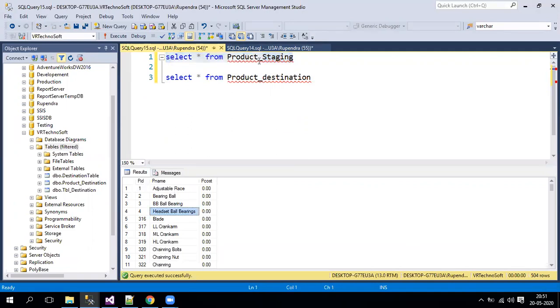Now without using lookup, we can also merge the data by using the merge statement. Let me write what this merge statement is here. So now just consider this is our source and this is our destination. Now from the source we need to dump the data into destination. Now what is the merge